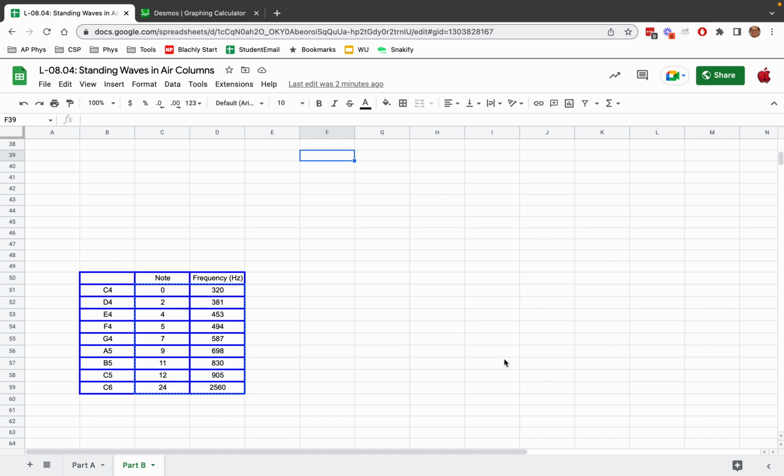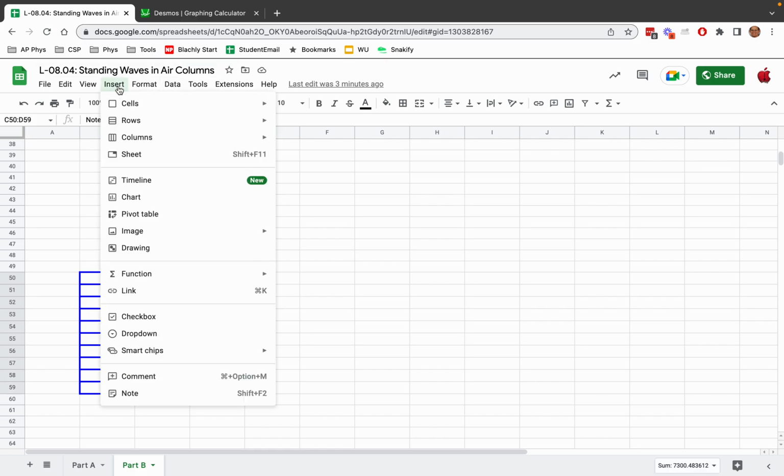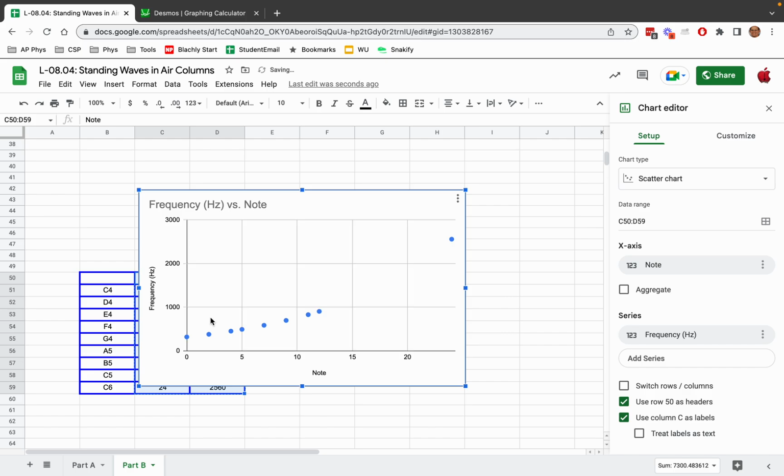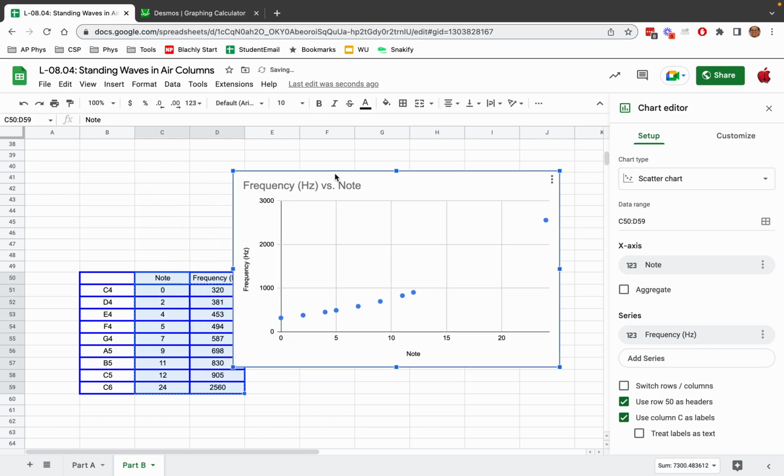So this set of data is a little harder to analyze. If you take a peek at the data and you insert a chart, you might notice that it's curving upwards. So your first guess might be to think that y is proportional to x squared. But it doesn't go through (0, 0), and because every 12 notes the frequency doubles, this function keeps doubling. It's an exponential function. So finding the math model for an exponential function is not a tool we have, so